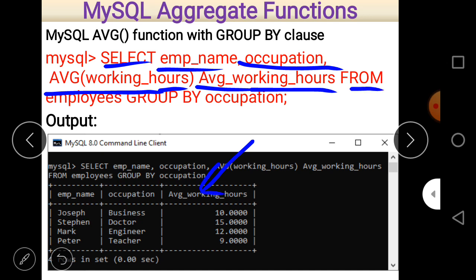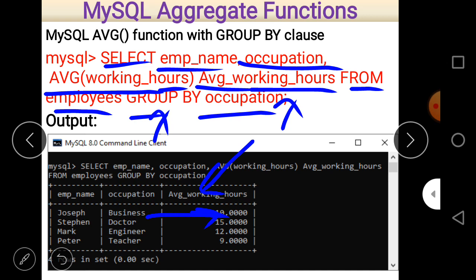And then the from keyword, and then the name of the table, employee, and then group by. We use the keyword group by, and we make a group on the basis of occupation. Occupation is the name of the column, so the group is formed on the basis of occupation, and there are four different occupations, and the average regarding the working hours for each occupation is to be calculated here. You can see here.